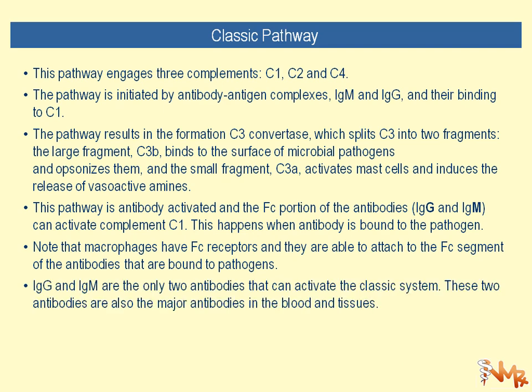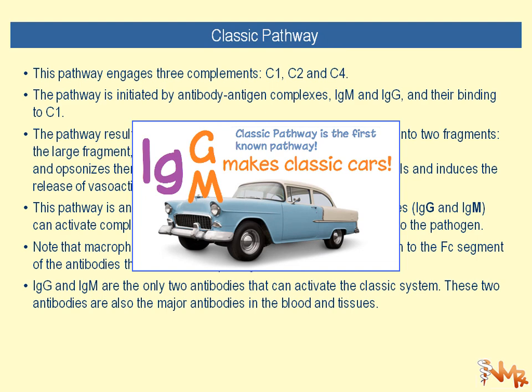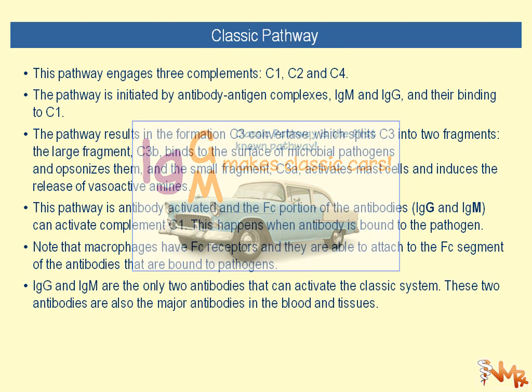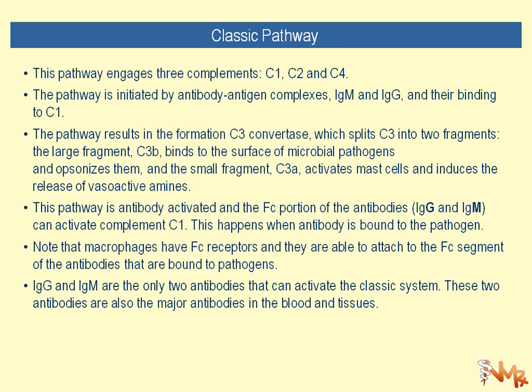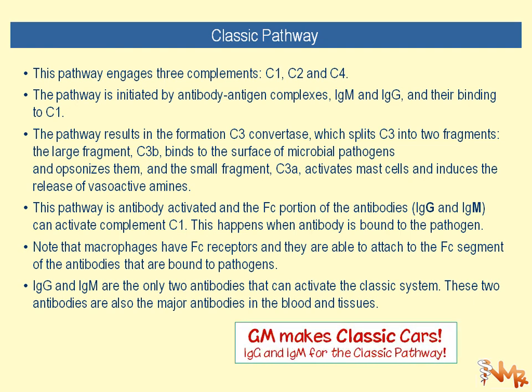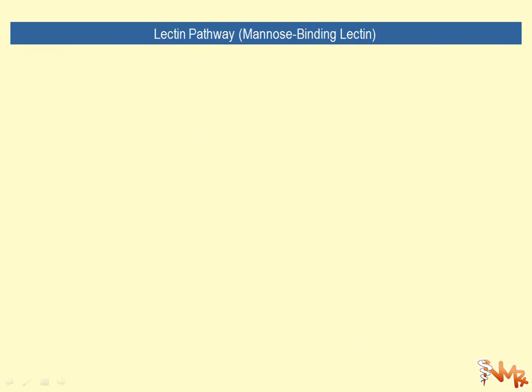IgM and IgG are the only two antibodies that can activate the classic system. These two antibodies are also the major antibodies in the blood and tissues. Remember, GM makes classic cars, IgM and IgG for the classic pathway. Then I get to the lectin pathway,